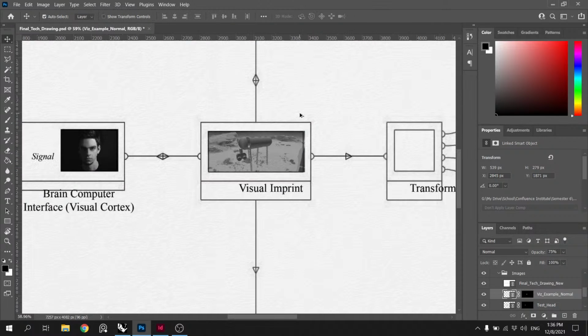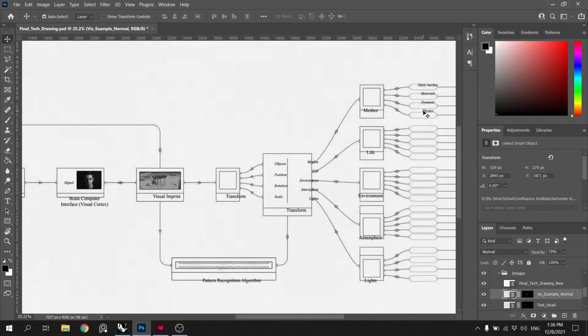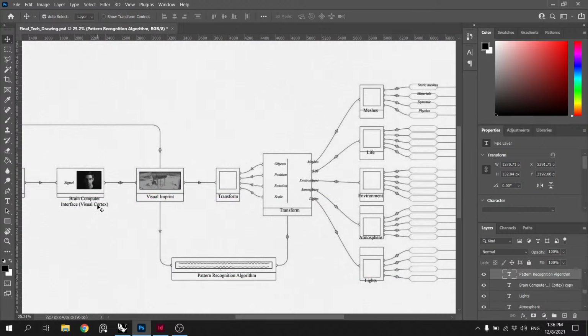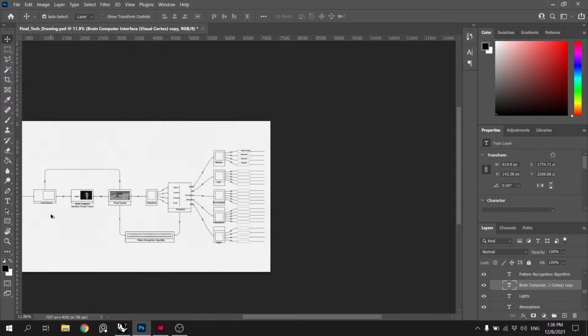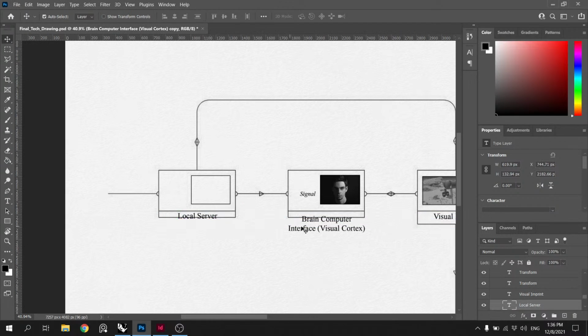Something like that. Those all get moved. Those all get moved. Okay, we have to make that bigger. That'll get moved.